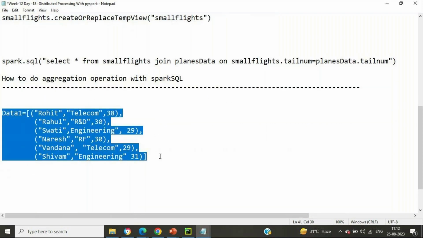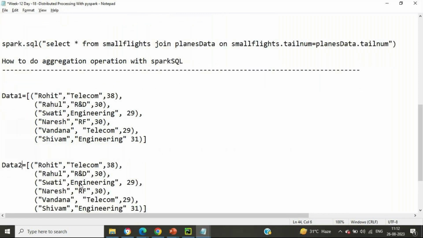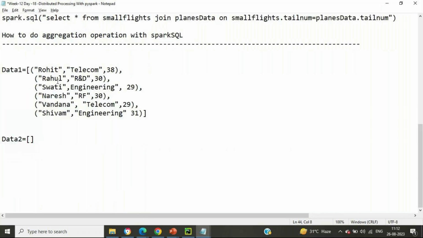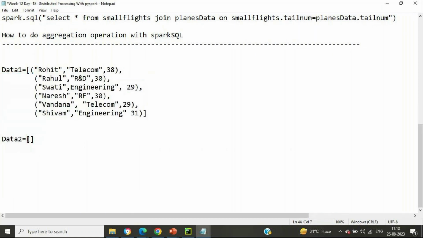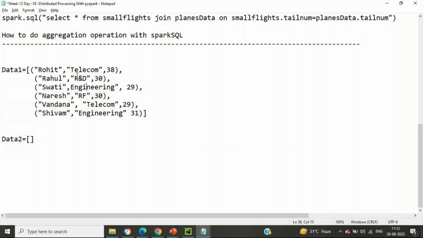In the same fashion, we are having data set 2, data 2, and over here we are having another set of things with respect to this data set. We are having two files. In two files we are having the data with respect to these particular employees,